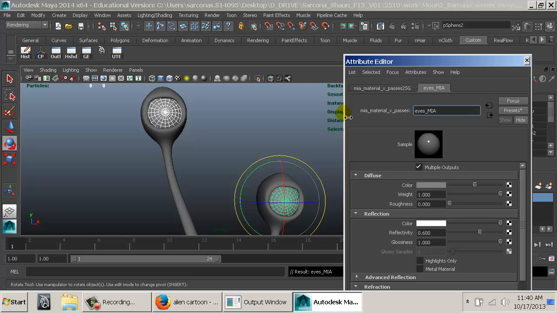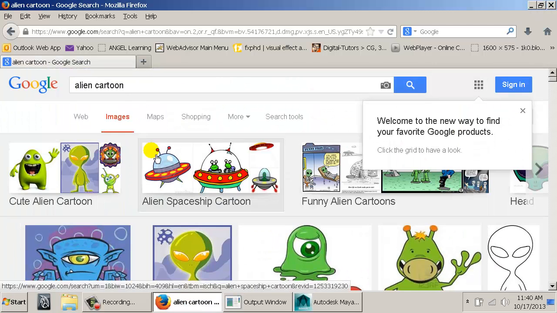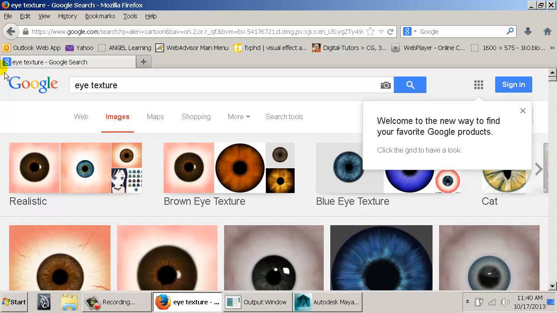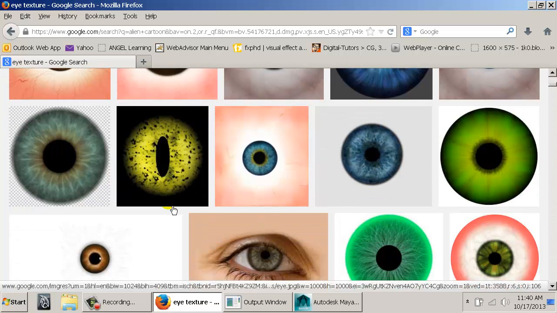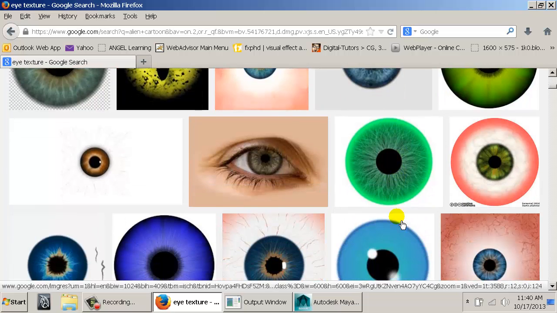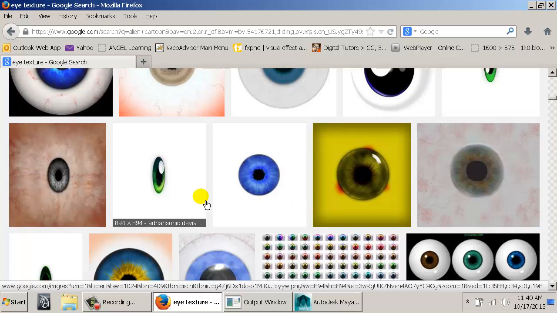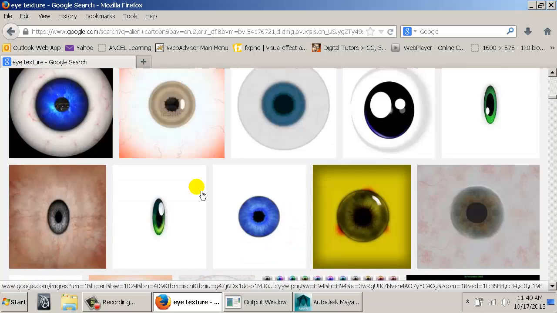Eyes, Mia. And we're going to not create, but drop in a file here. Okay. So again, we're going to come to Google and type in eye texture. And we get lots of pictures of eye textures in here. And again, you can't use these for professional use, but for education, they work great. Okay. So you can look for an eye that we see that would look good, and we want it to